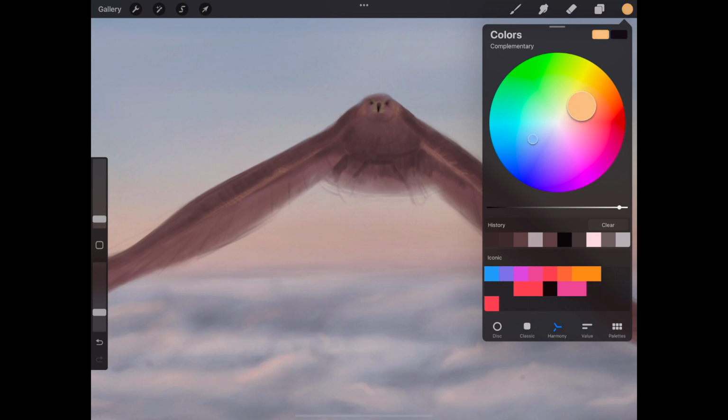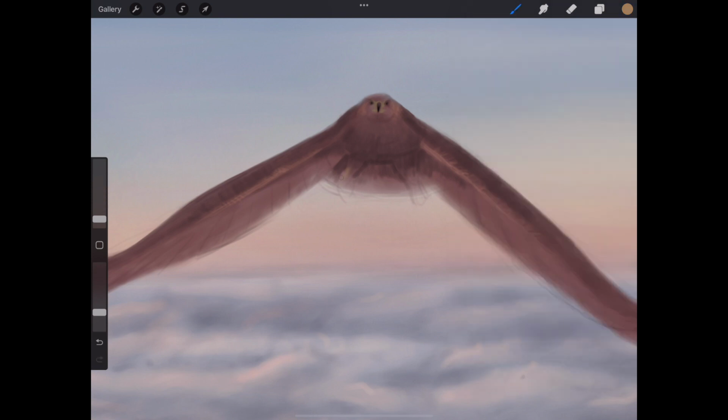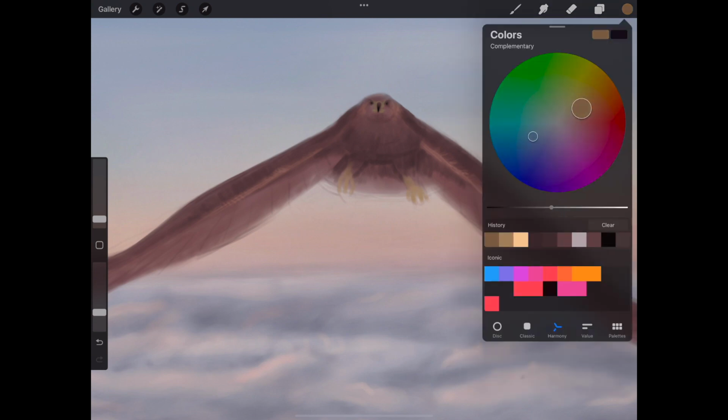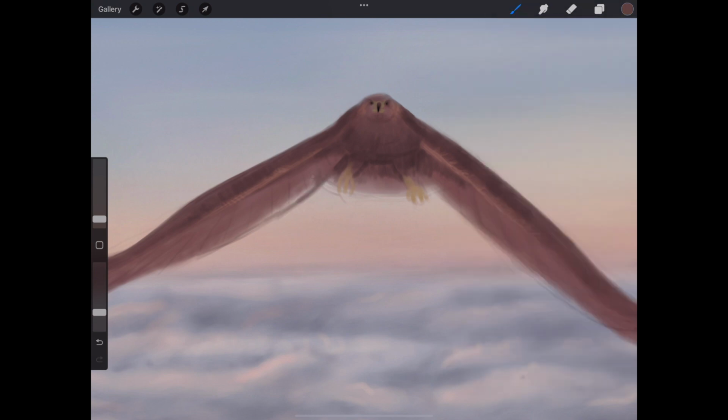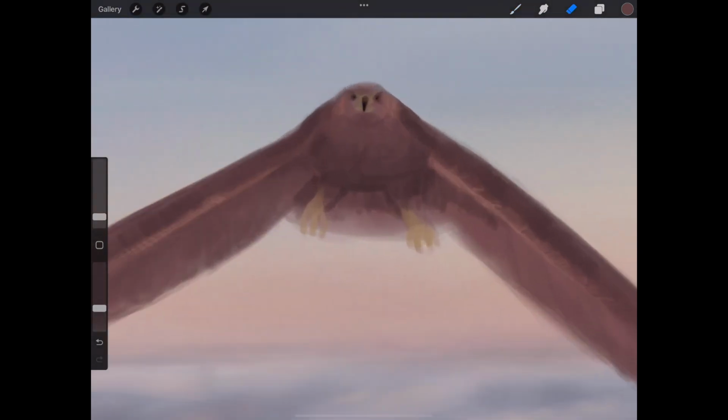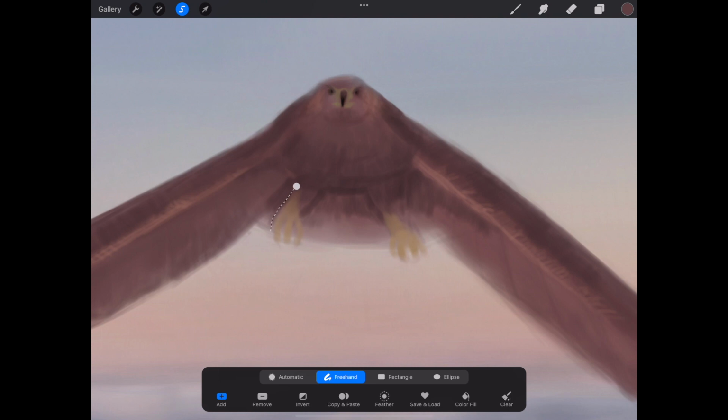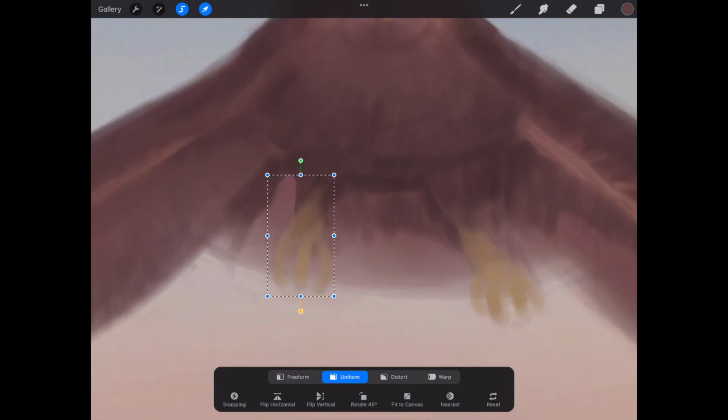Let's select the grayish yellow for the feet, for the paws. I will move one paw actually, selecting it in the same way as before, because it was too much to the side.